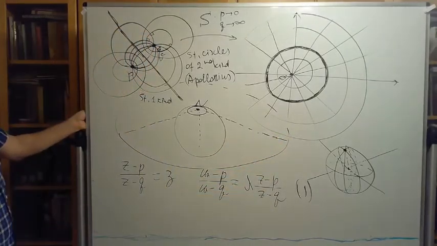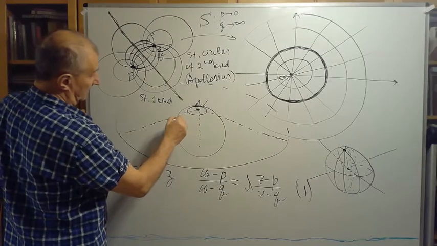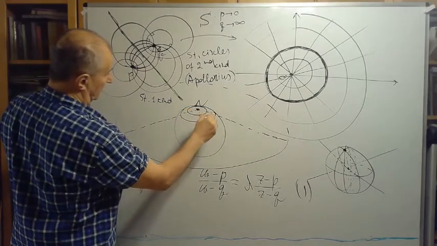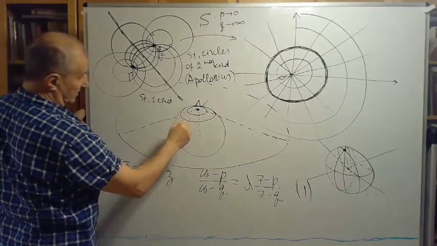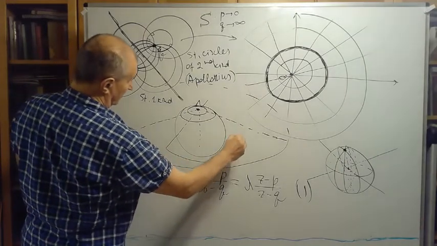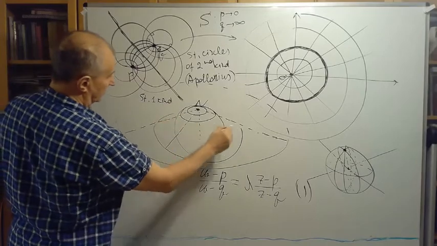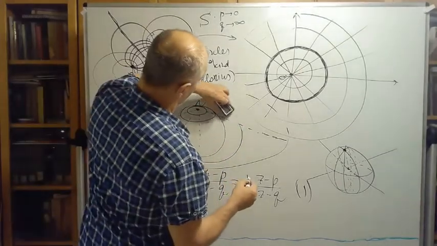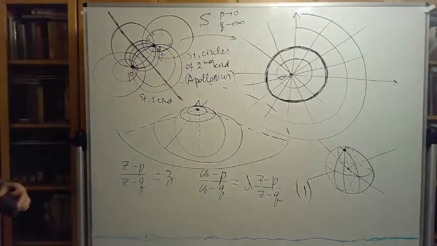Like this. And when you take a bigger circle like this, this projection will be closer to the origin, a circle of a smaller radius,